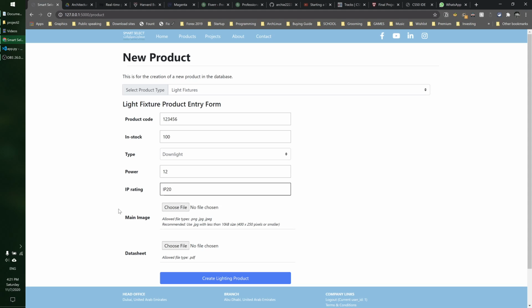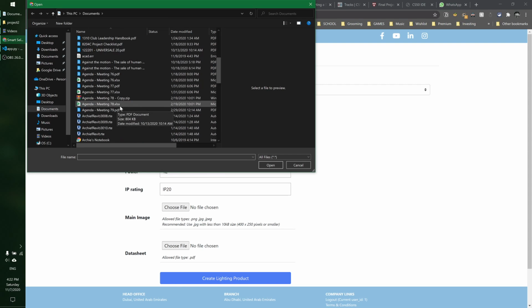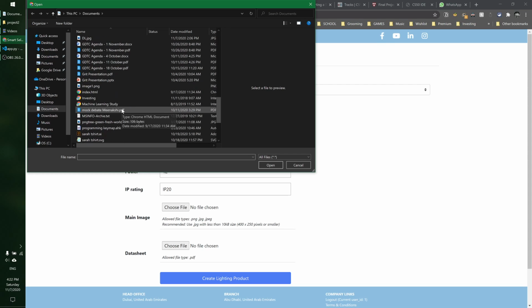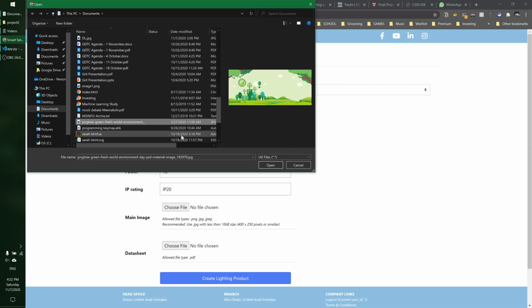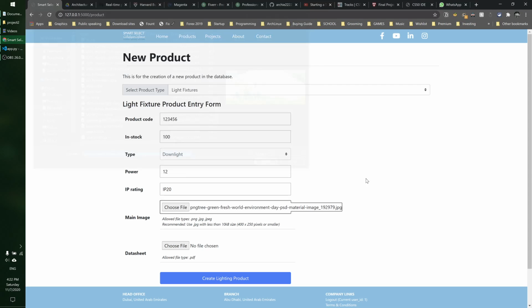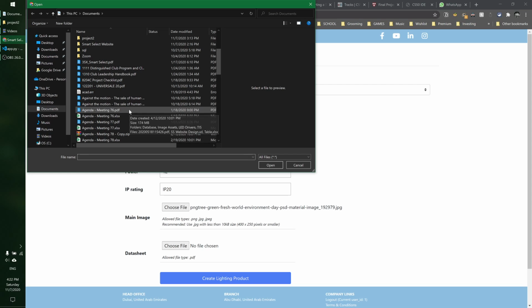And here you can upload the images and the datasheet of the product. When you click here, you can select a photo. For the purpose of this example, I'm just going to upload a random product photo here, like this one, and then I'm going to upload a random PDF file here for the datasheet. Let's say this one.